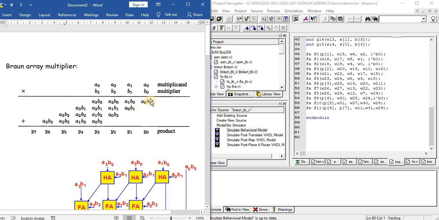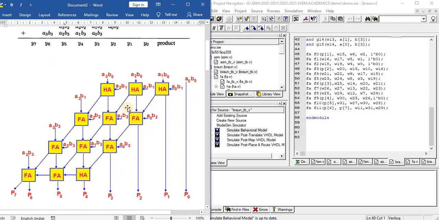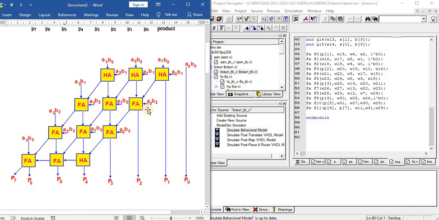In between, we have lots of partial products, where we multiply the multiplier with the multiplicand bit by bit. At first, B0 with A0, A1, A2, A3. So A0 B0, A1 B0, A2 B0, A3 B0. And likewise, B1 with the multiplicand, B2 with the multiplicand and B3 with the multiplicand. Then to get the final output product, we should add all those partial products. By means of addition logic, we perform the addition process and then we get the corresponding output.